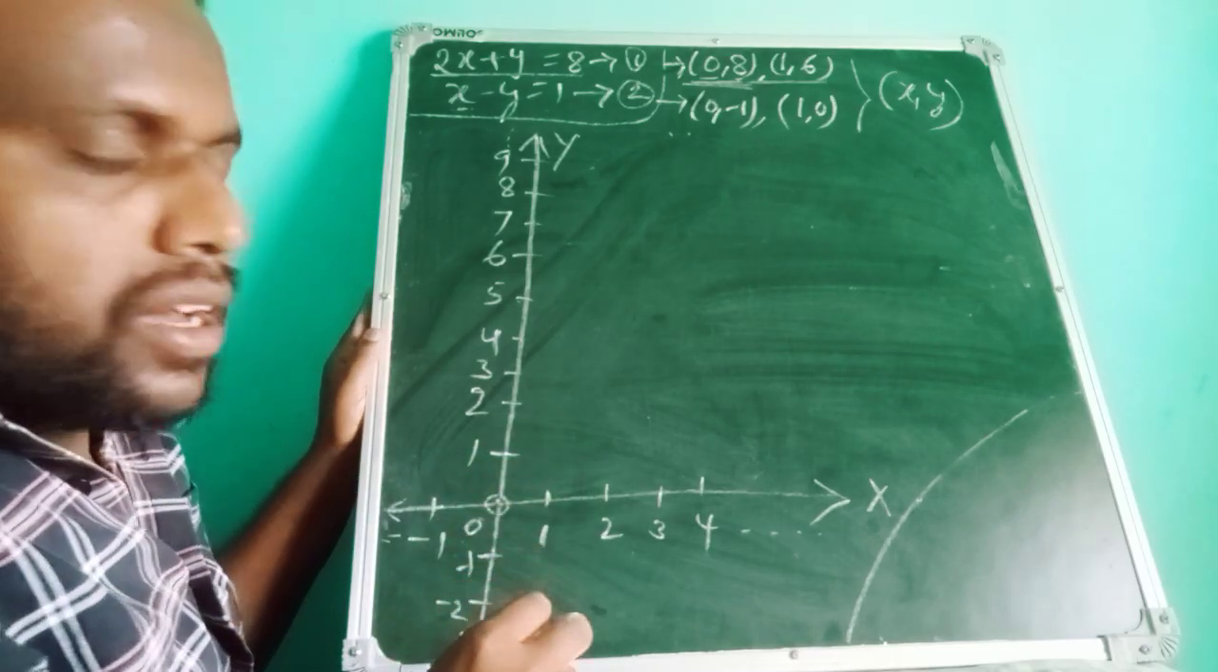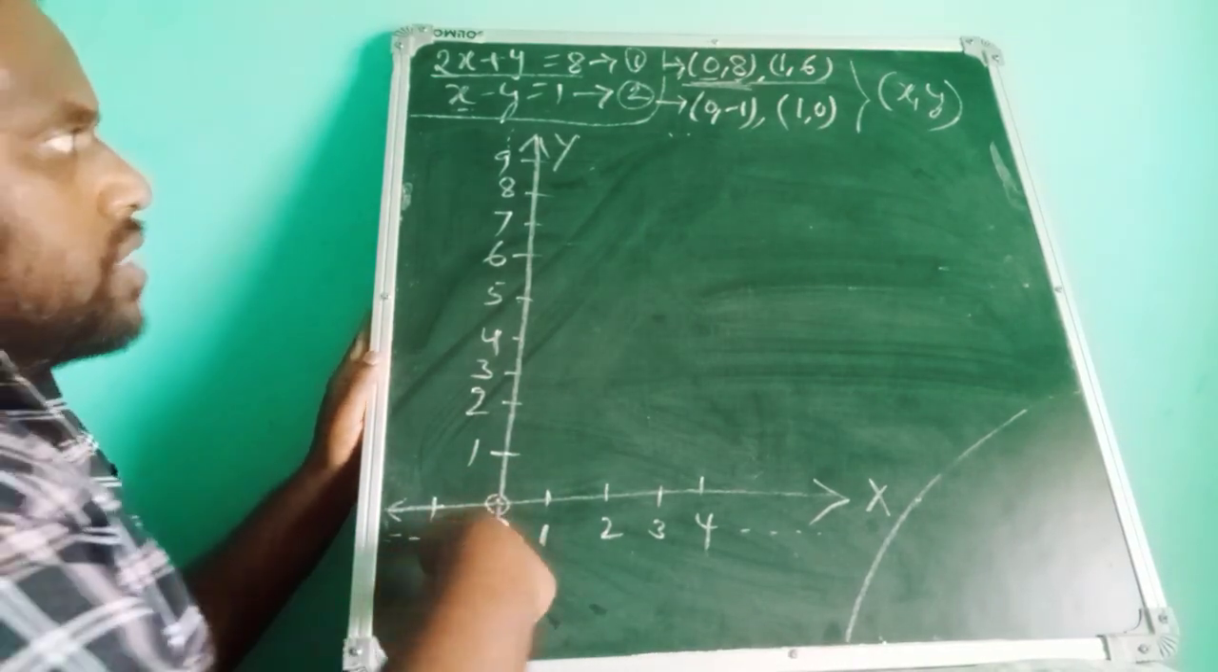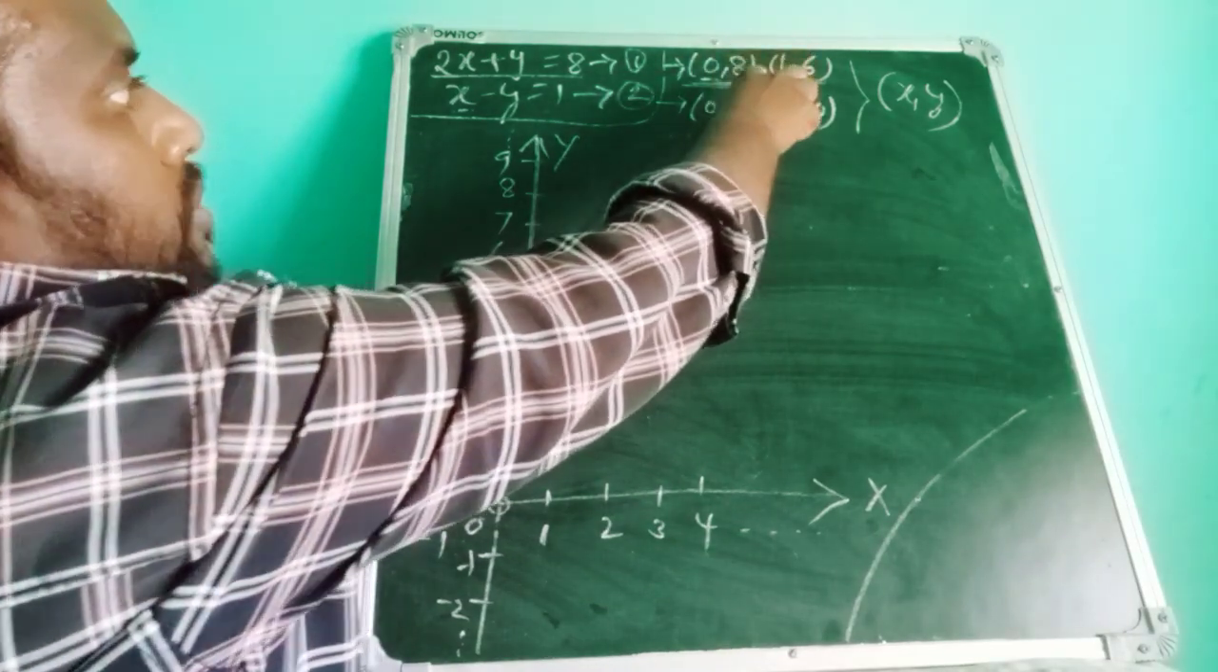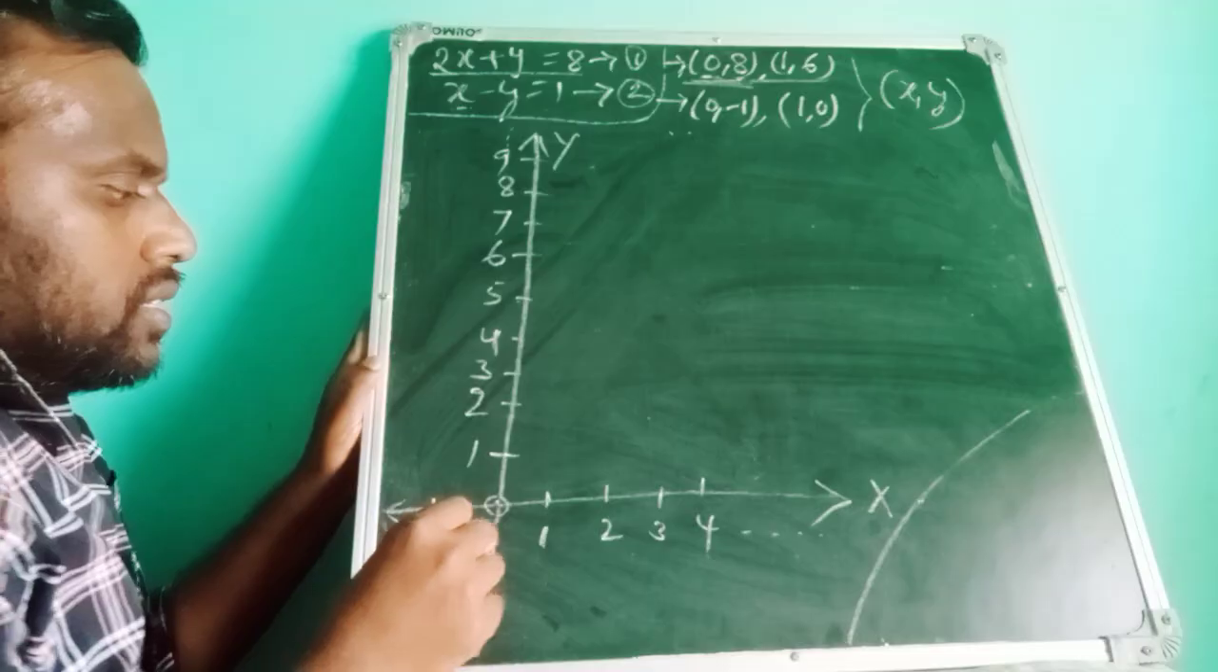I'll put a small circle at 0. Next, x is 0. What is the next value? 8 is the y value. Y is equal to 8. That means